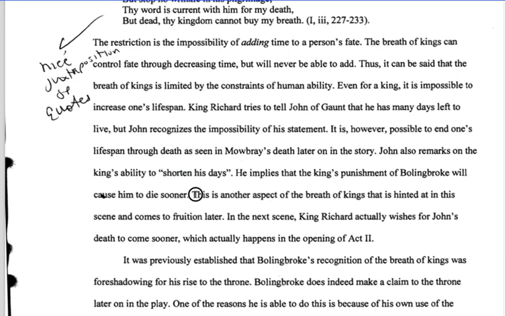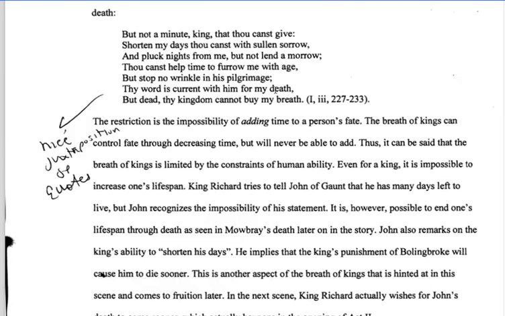This is another aspect of the Breath of Kings that is hinted at in this scene and comes to fruition later. In the later scene, King Richard actually wishes for John's death to come, which actually happens in the opening of Act 2. So notice what the student is doing. The student is pointing out in one instance where the Breath of Kings gives an authenticity to a monarch, but in the next moment, the Breath of Kings is invoked